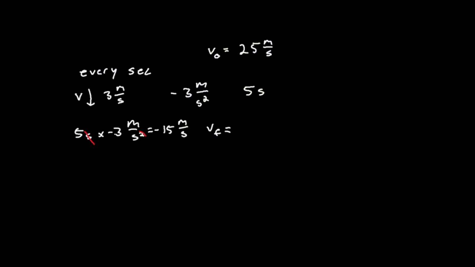So if you multiply 5 by negative 3, you get negative 15. So your change in velocity, delta v, is equal to negative 15 meters per second. So all you have to do is subtract 15 from my initial velocity, and you get your current velocity. After 5 seconds of constant acceleration, you have 10 meters per second